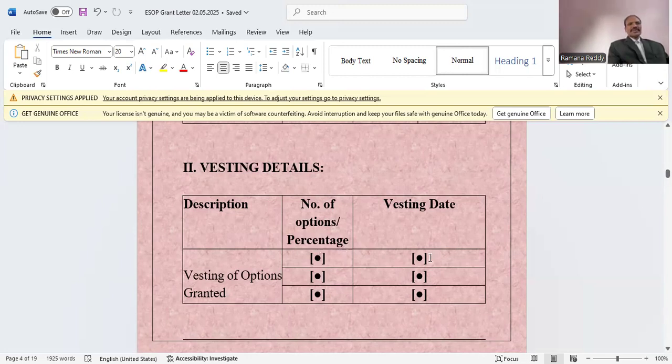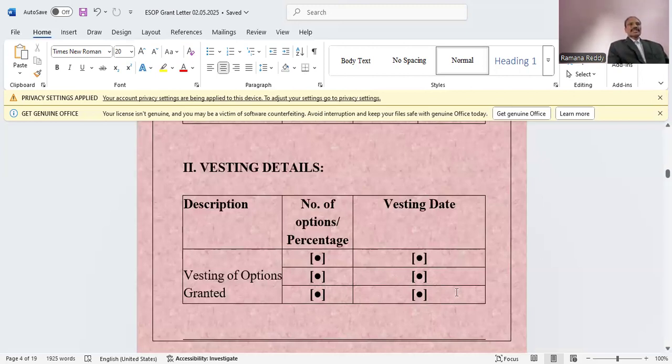So minimum 1 year we are telling, okay, 1st June 2026. I am giving you an example. 30% of the options will be vested on 1st June 2026. So 1 year we are giving. And another 20% we are saying 1st June 2027, so for the next 20%, it is taking 2 years. And further another 30% on 1st June 2028, so it is taking 3 years. And the final 20% on 1st June 2029. So total 4 years, 30%, 20%, 30%, 20%, total 100%.